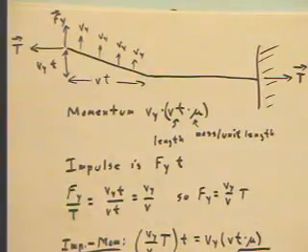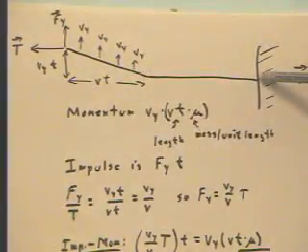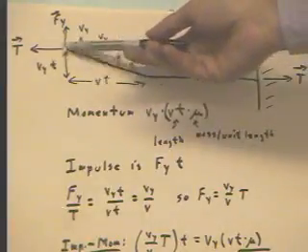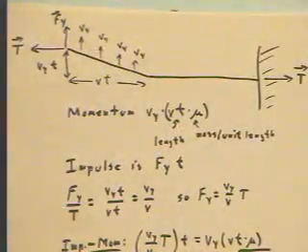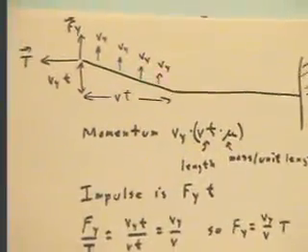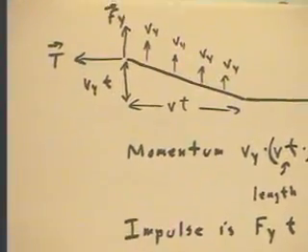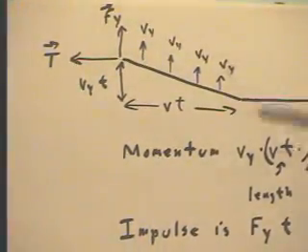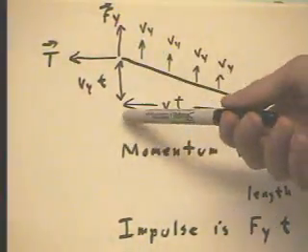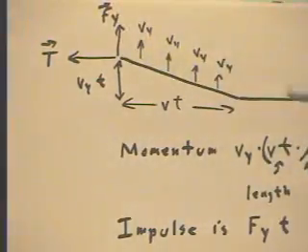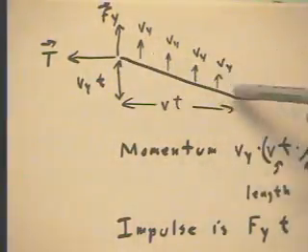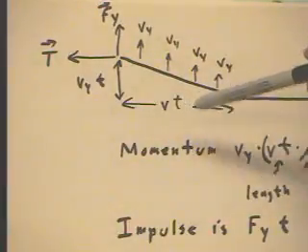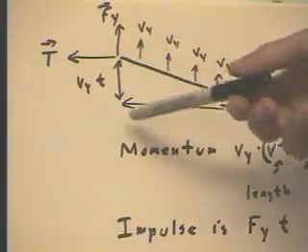Let's first suppose that we have a string stretched out with a tension T. Tension T at this end in the horizontal direction, tension T at this end in the horizontal direction. Now if we pull up on this end of the string, just start pulling up and keep pulling up, then the disturbance will travel along the string at velocity v, and after clock time t, or after time interval t,